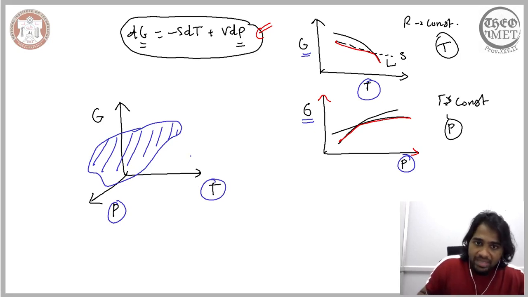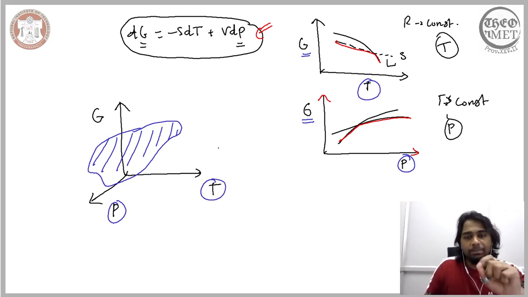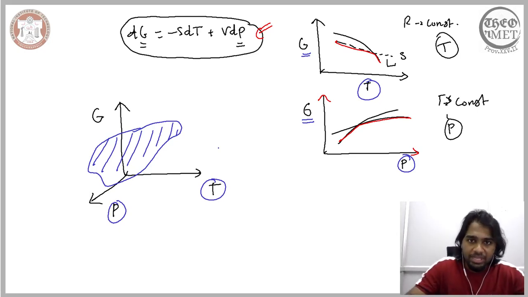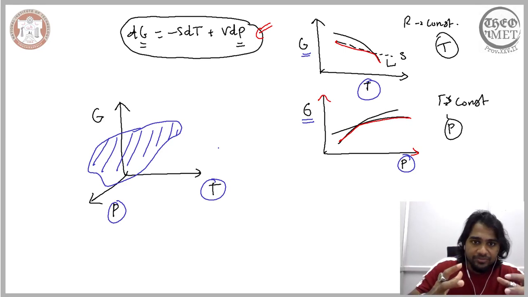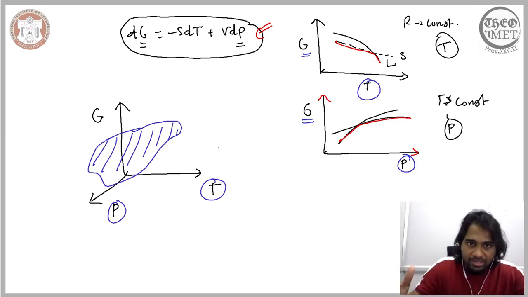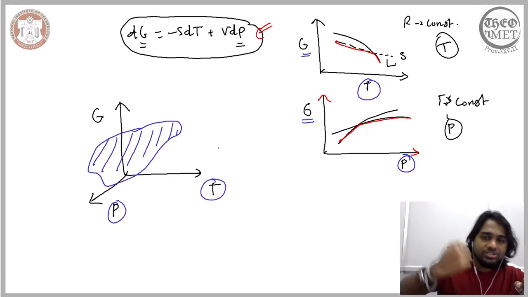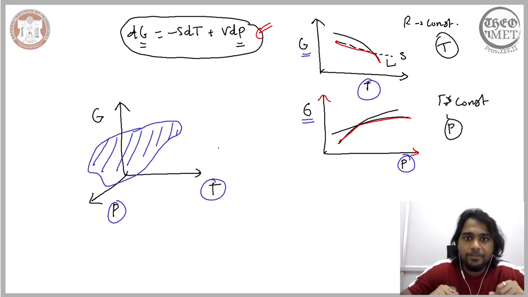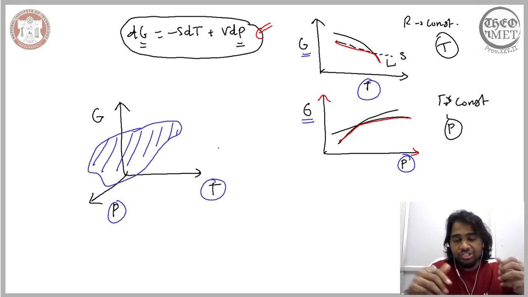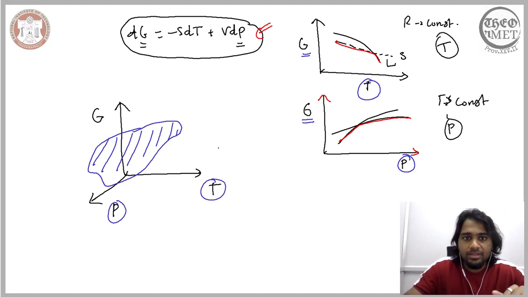So even though we have extended our consideration from one independent variable to two independent variables, the principle governing the change in the Gibbs free energy remains the same. Meaning the nature of how the Gibbs free energy changes with respect to temperature and pressure remains the same. With an increase in temperature, the Gibbs free energy decreases in a negative manner because the slope is negative, that is the entropy, and we have a similar dependency.